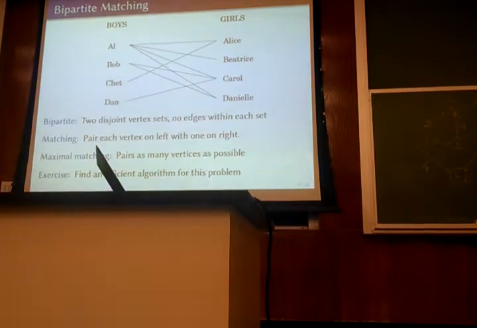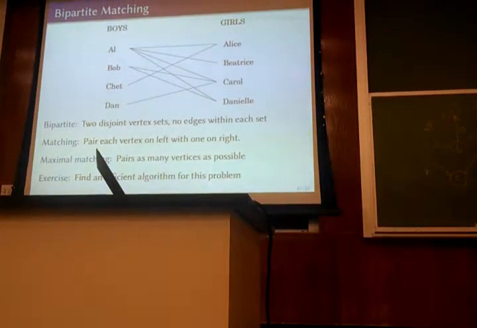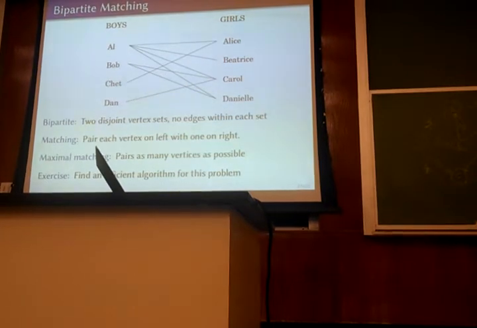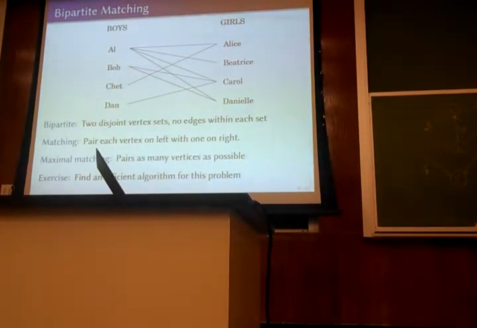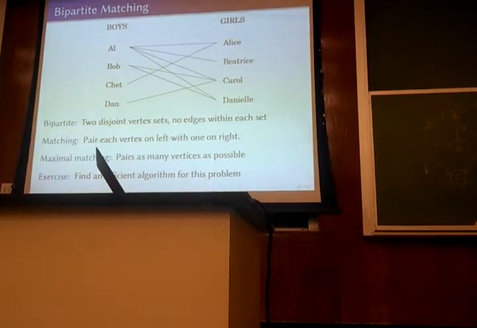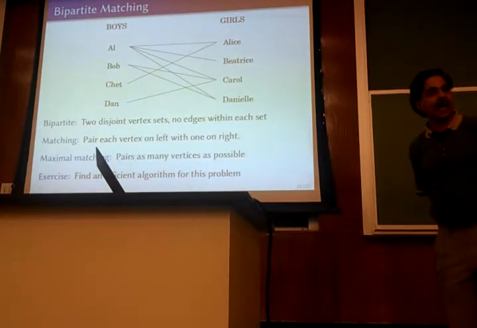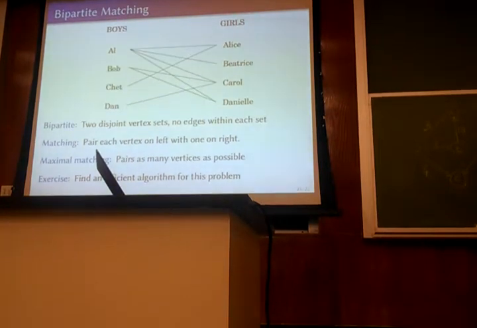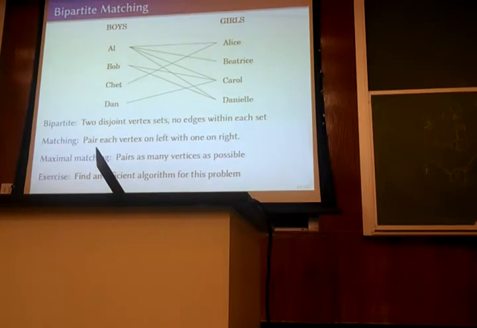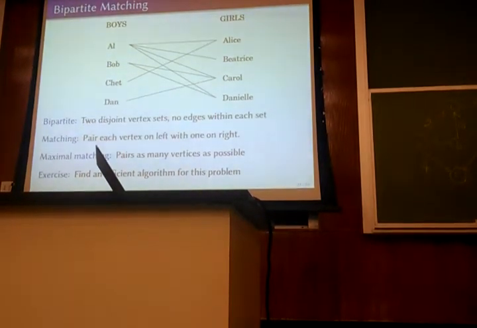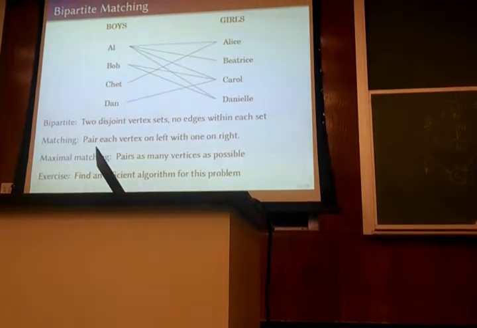source, and from the source you're going to add an edge to each boy or each element of the first set, okay? And these edges are going to have a capacity of 1, and all the edges that are already shown, they all have a capacity of 1, and then on the receiving side, the sink is going to have an edge to each of the elements of the second set, and once again all those edges are going to have the capacity of 1. Okay, so